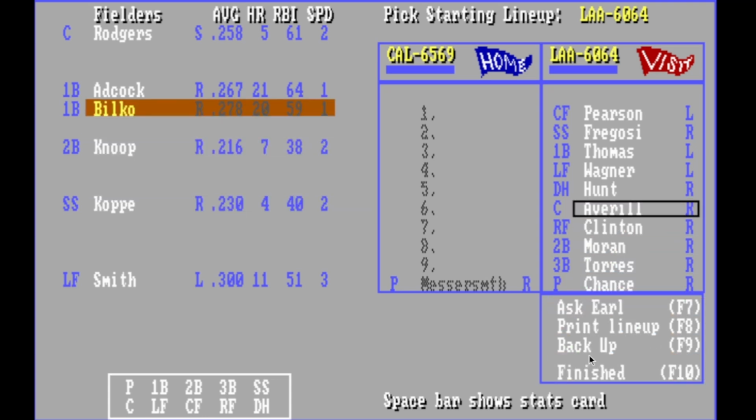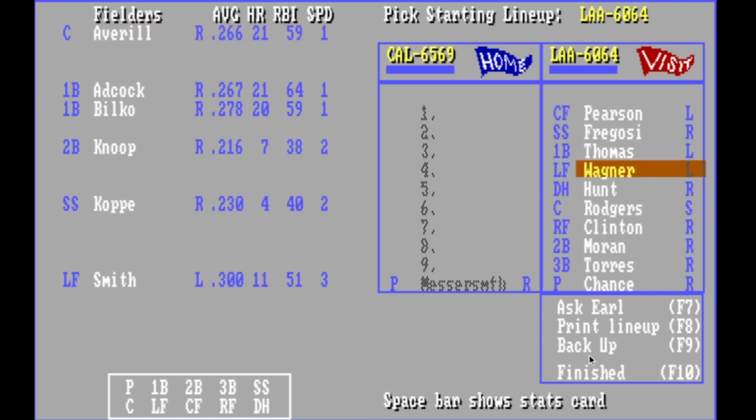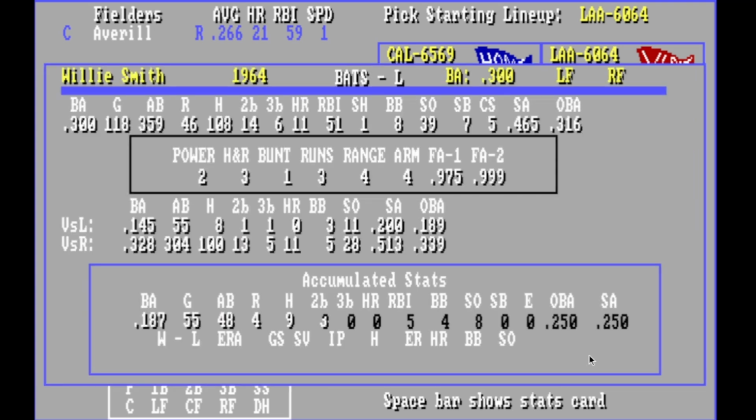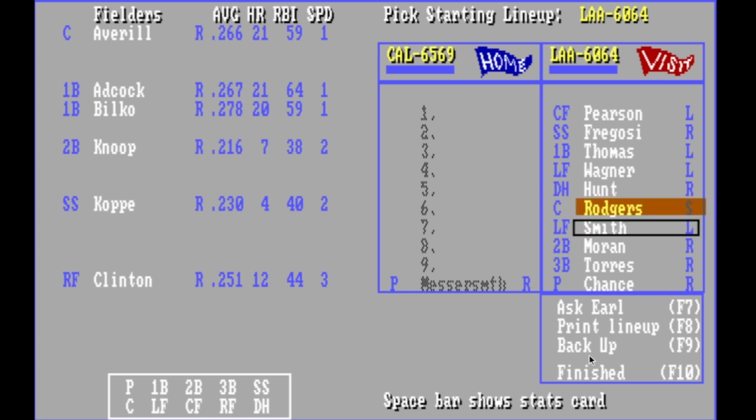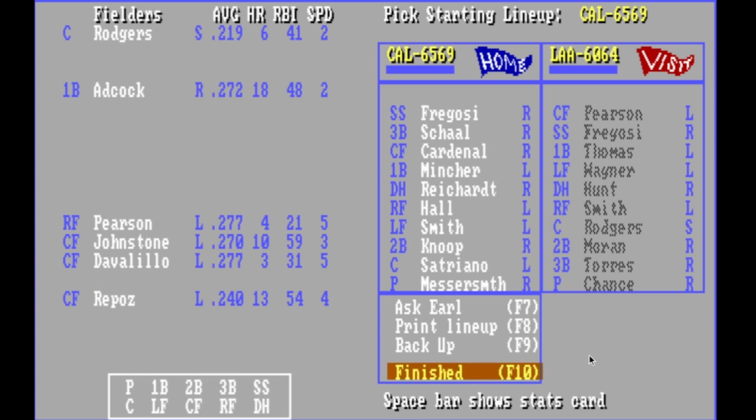I think Buck Rogers would probably be the starting catcher based on the fact that he's a switch hitter. And Willie Smith. I think Willie Smith would play right field instead of Lou Clinton here. We'll move him up in the order. All right, I think we're good there. And I forgot to move Willie Smith to right field. Yeah, we gotta go down here. I could put Wagner there too. There we go. All right, and then for the 65-69 squad,